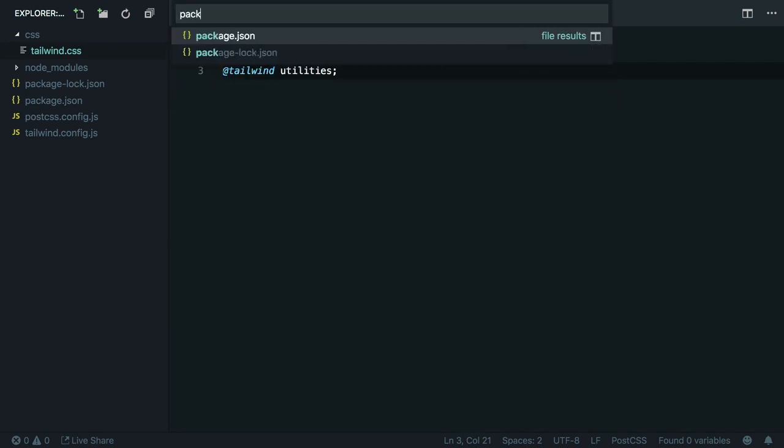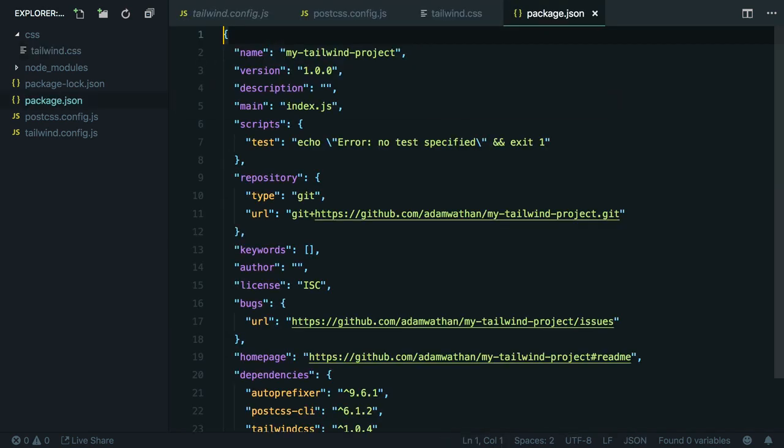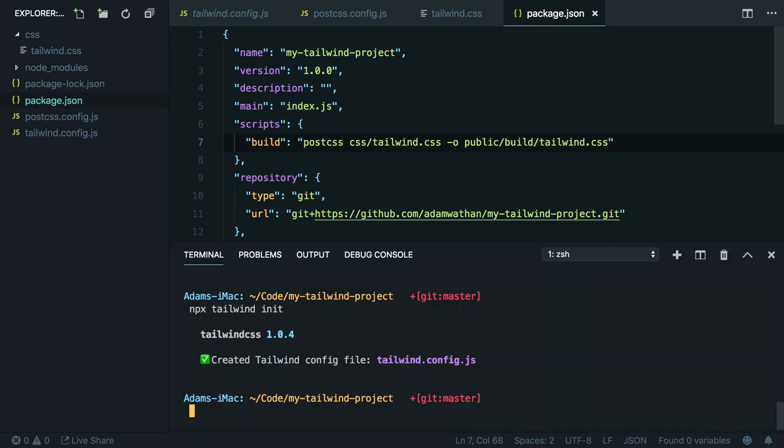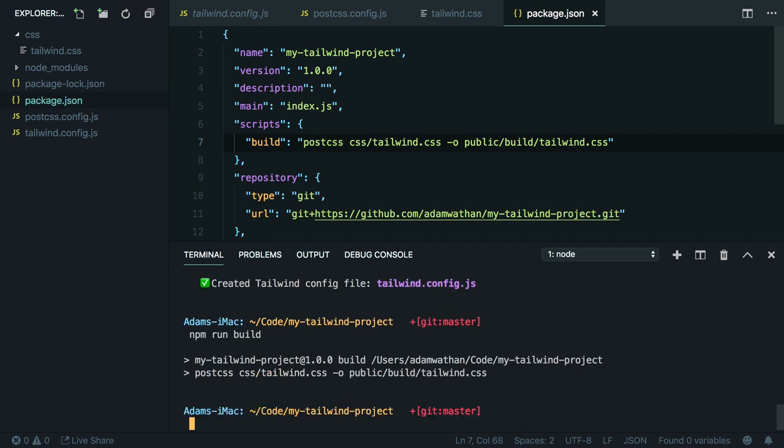I'm going to head over to our package.json file, and here where we have this test script, let's replace it with a build script. The way this is going to work is it's going to use the postcss CLI tool that we installed, which we can reference as just postcss. Then we just need to provide an input file, which is going to be our css/tailwind.css file. And then we need to specify that we want to write this to an output file, maybe something like public/build/tailwind.css. Now, if we run npm run build in our terminal, this should generate a new CSS file